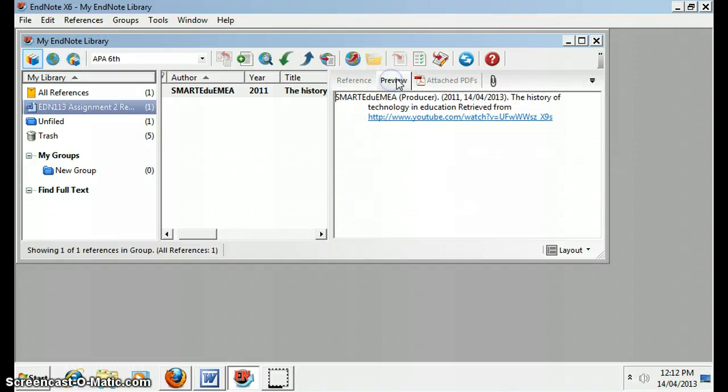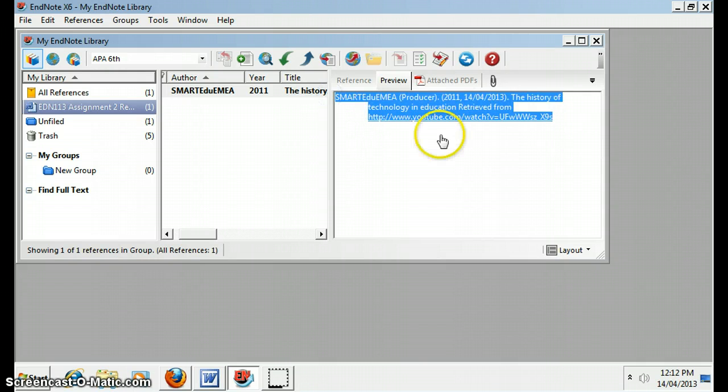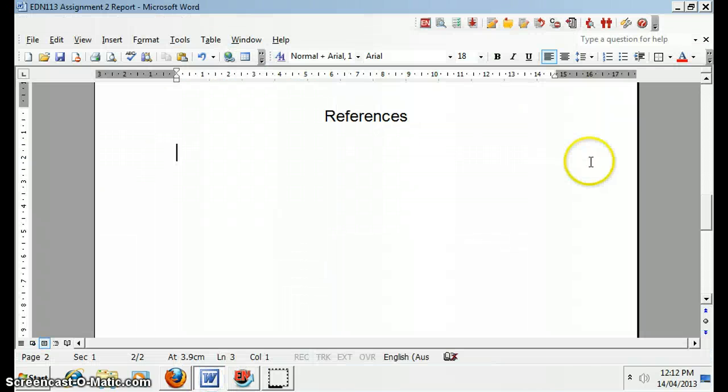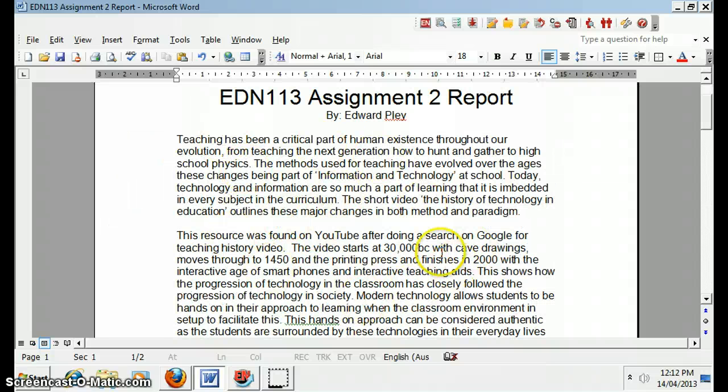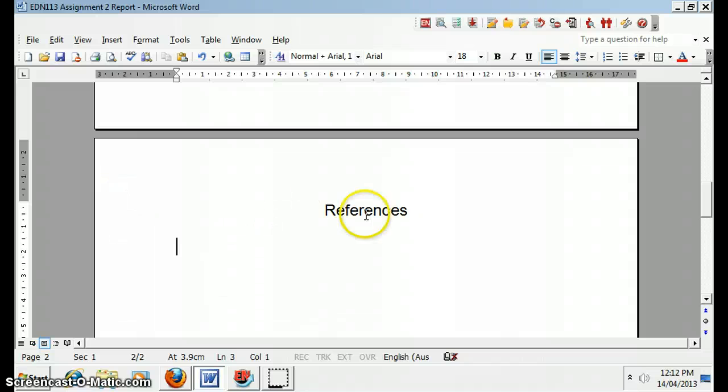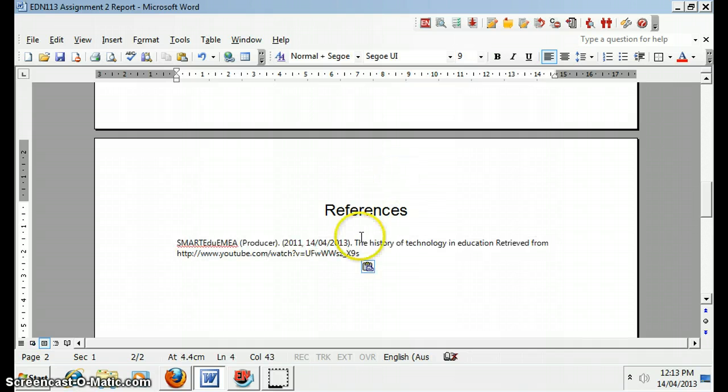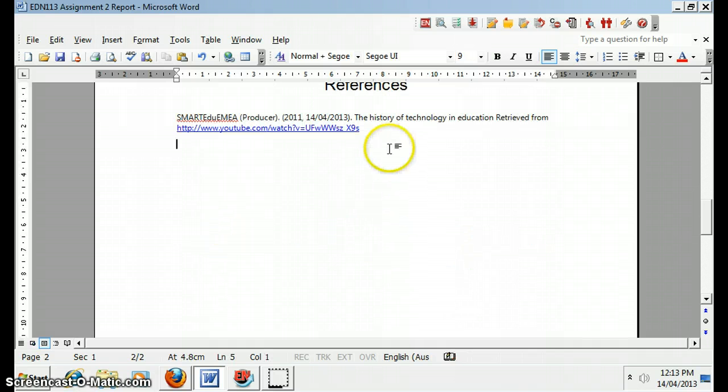Now if you select this tab over here, preview, it pops up with how your reference should look when it's in the Word document. If you highlight that with your mouse and left clicking, then Control-C to copy, go over to your Word document, which mine is here, my 2-paragraph report. Now scroll down to your reference section and make sure your cursor's in the right spot, then paste it with Control-V or right click paste, and there you have your reference with the hyperlink,